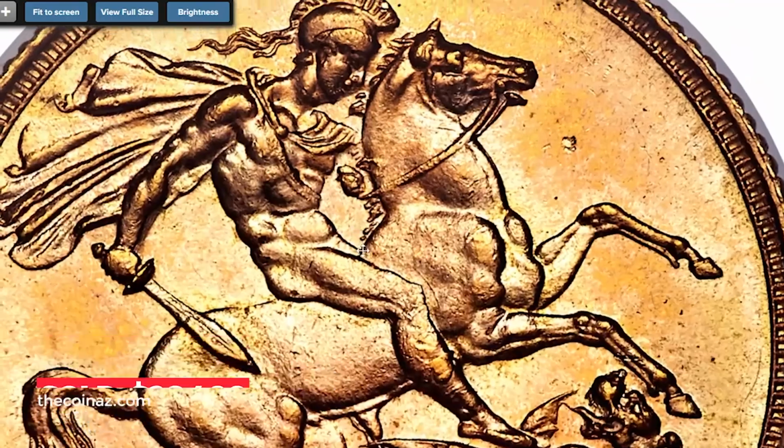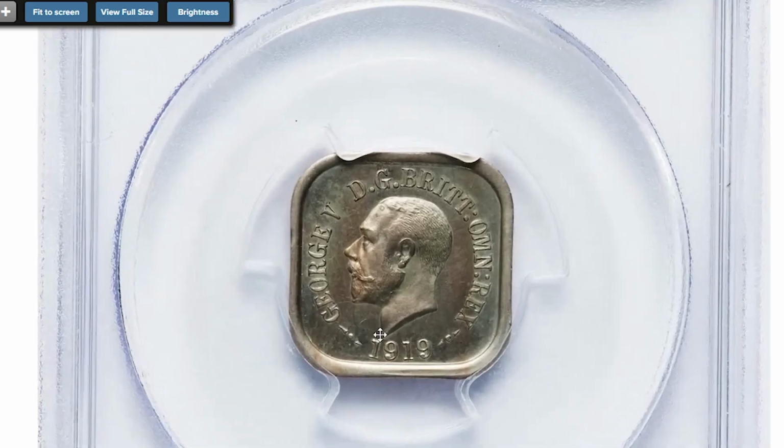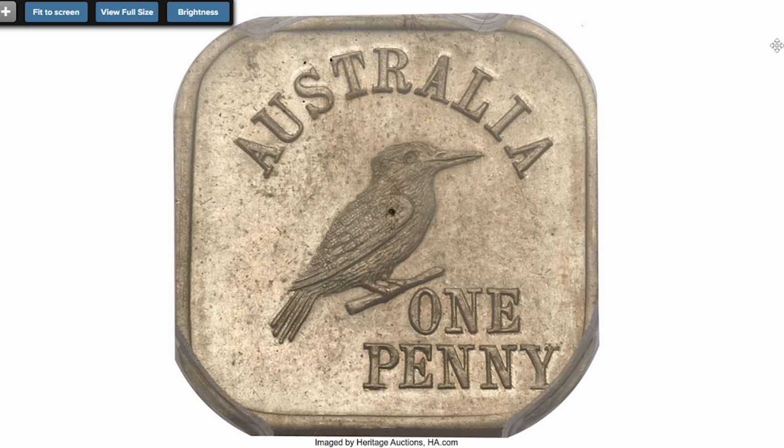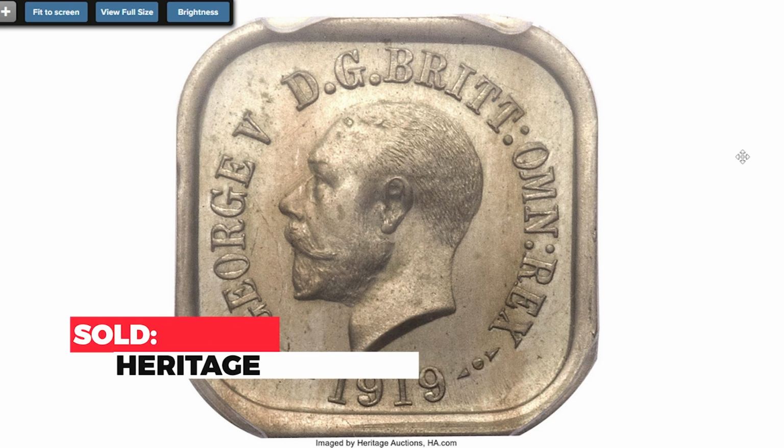$26,400 at Heritage Auctions. This is one very rare coin, the 1919 George V copper nickel penny pattern, special mint strike. A choice and fully original example of this very rare pattern with subtle grey patina and full underlying mint brilliance. The obverse features a bust of George, while the reverse depicts a kookaburra, the Australian laughing bird. The kookaburra patterns were struck while the government was considering replacing the current bulky bronze halfpennies and pennies. This terrific coin was sold on January 2, 2012 for